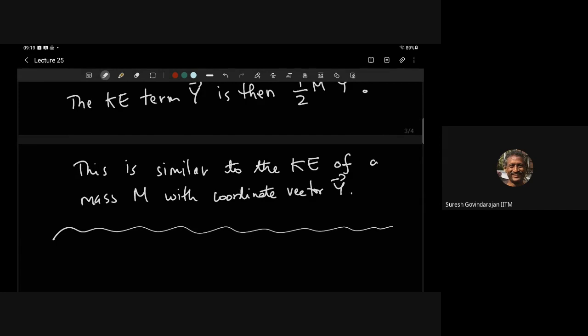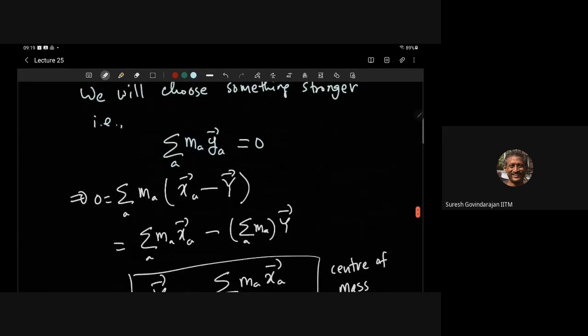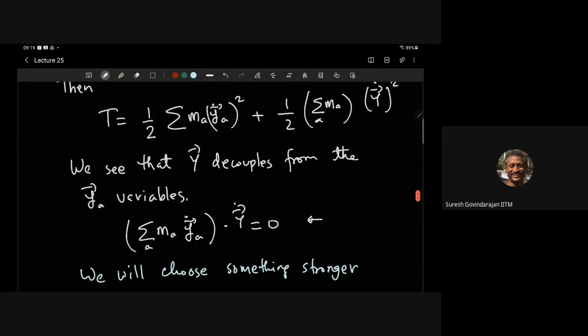Somebody please answer if it is clear. No, why we have chosen this? We want the cross term to go. Yes, sir. Is it clear? Okay. Sir, the stronger condition being summation MAYA equals 0. Yeah. It's just that if this is 0, its derivative will be 0. Okay. It's stronger, right? As somebody pointed out, I don't even need summation MAYA, this thing. No, not this. What is this equation? Yeah. In fact, this equation itself is stronger. I could have put a constant. Okay. But,